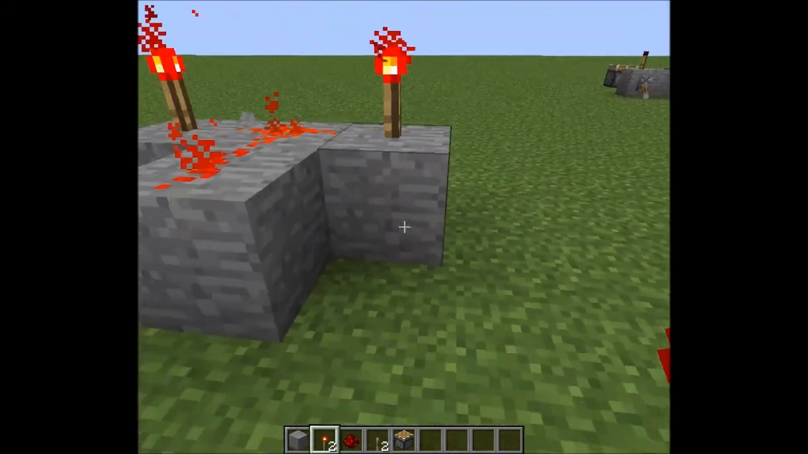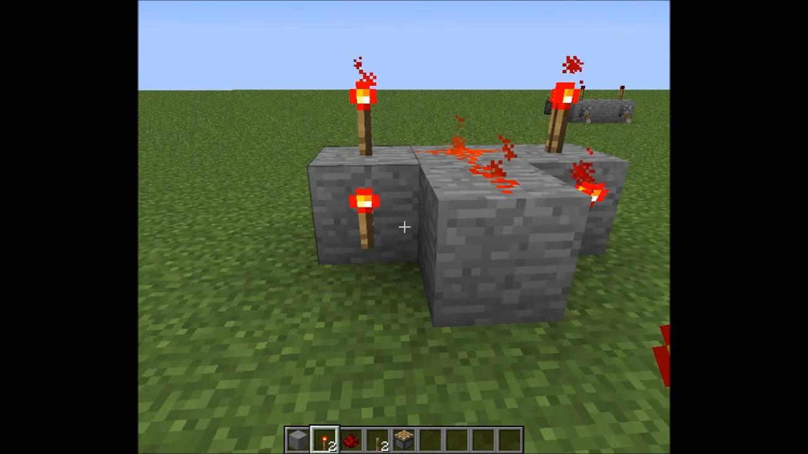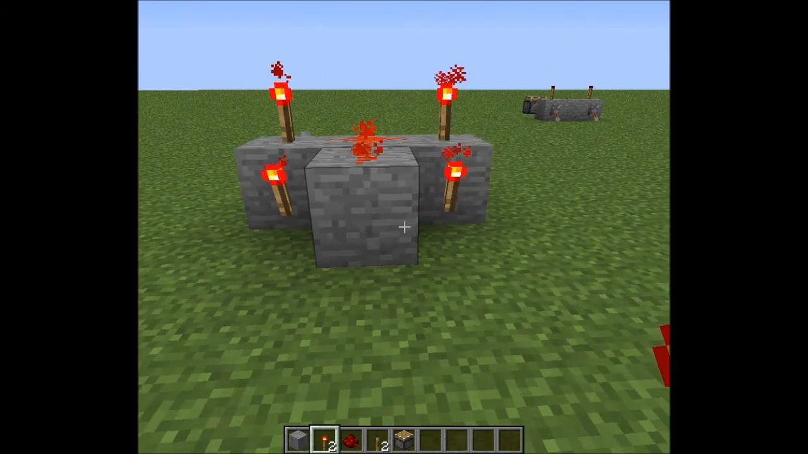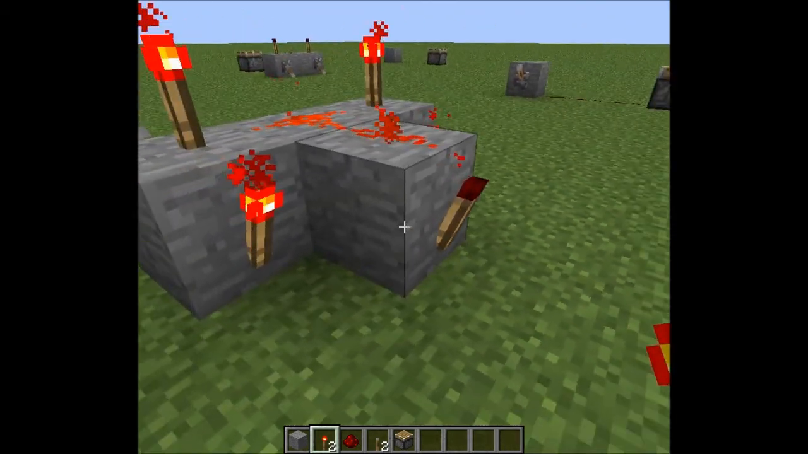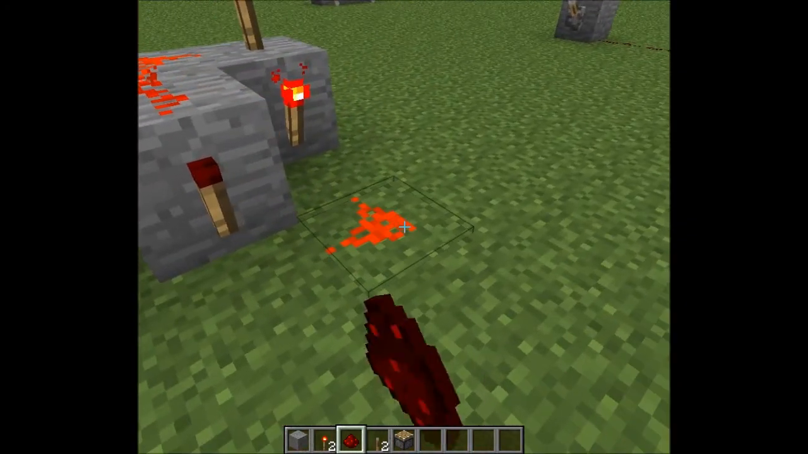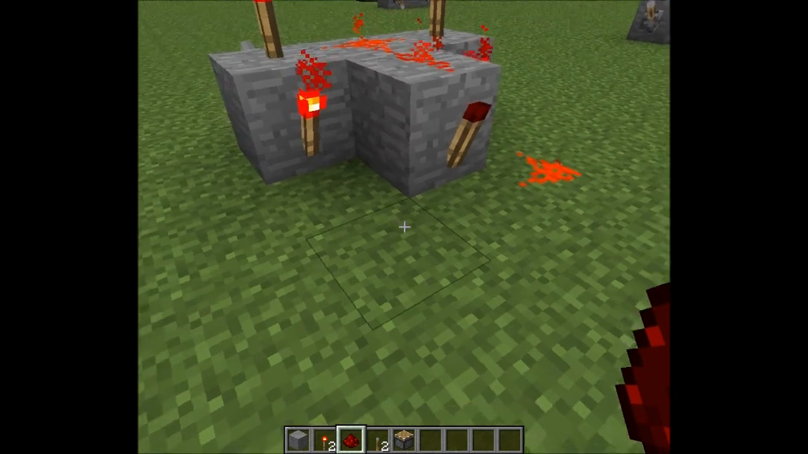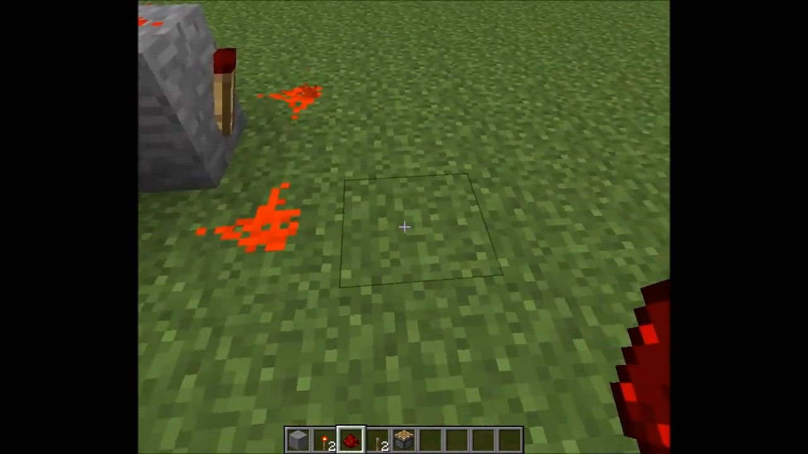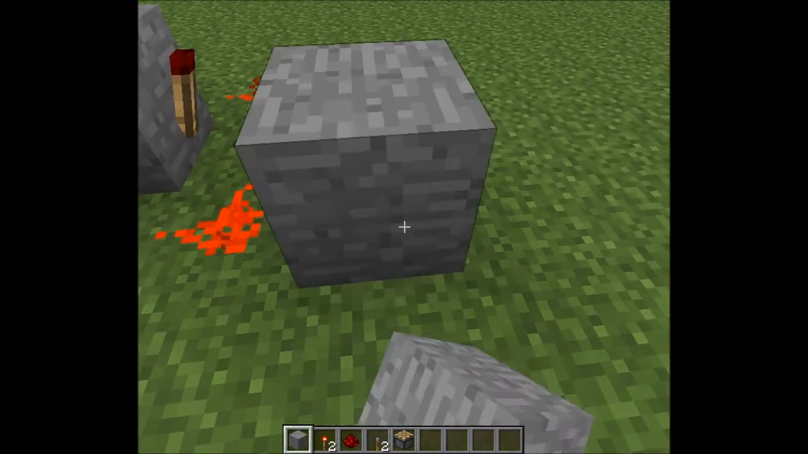There we go. Sorry about that. Torch here, a torch here. So as you can see, that sort of inverts it like that. Redstone here, redstone here. Block here,